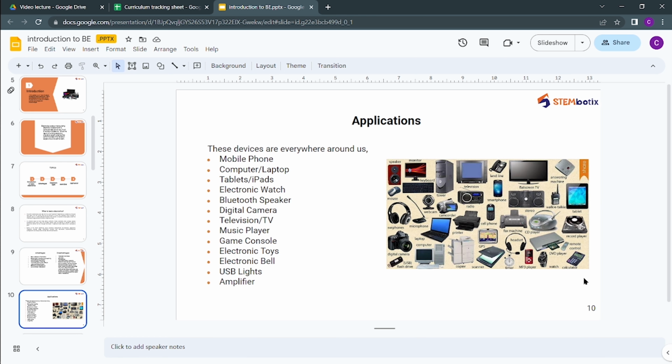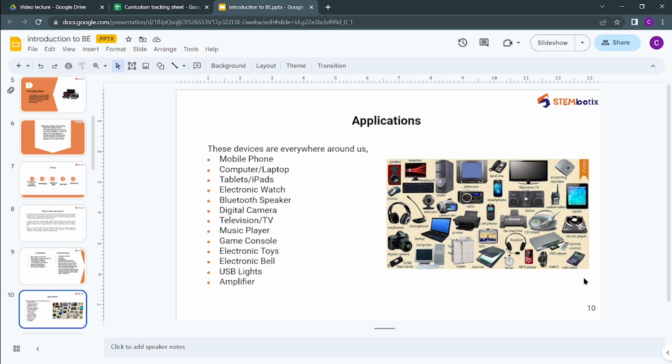Now, after seeing advantages and disadvantages, let's discuss their application, or the area of their application. As I mentioned earlier, there are so many basic electronics devices. Their main purpose is that we are using them in our day-to-day life, for example, mobile phones, computers and